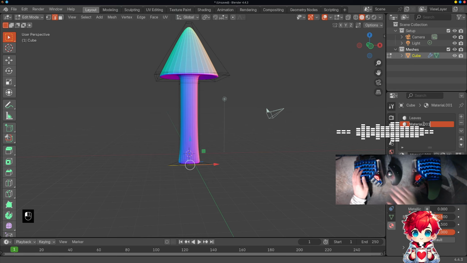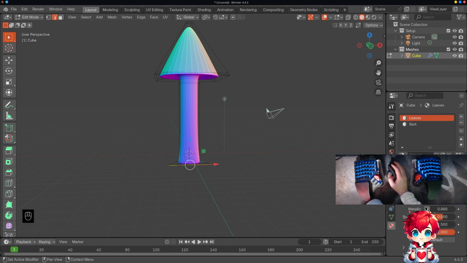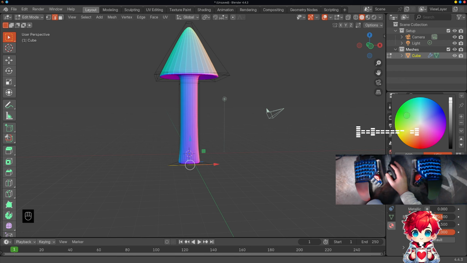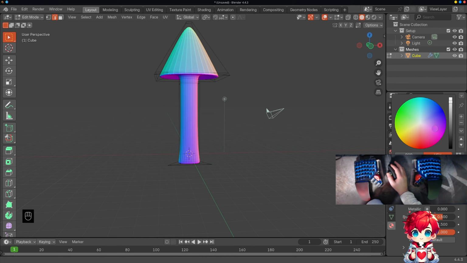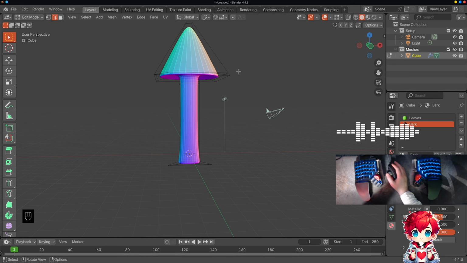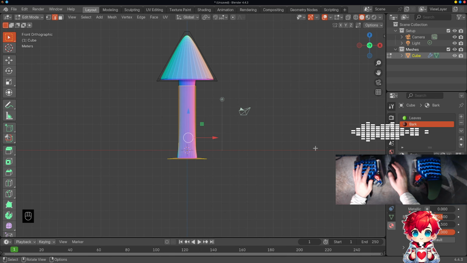all right, that creates a slot, and then we create the material that goes in the slot. Bark. Okay. And then it's just a color. There you go. And bark is kind of a brownish. Sure. And then you box select this,